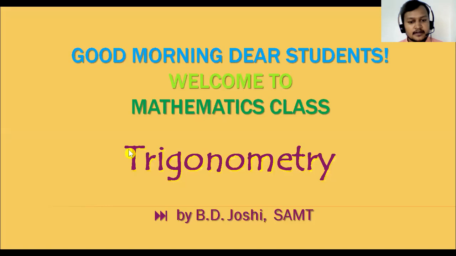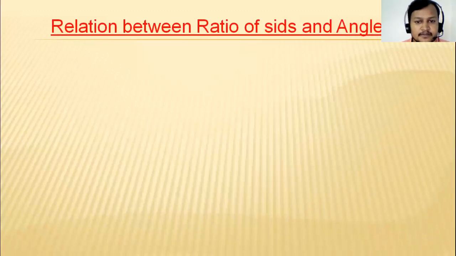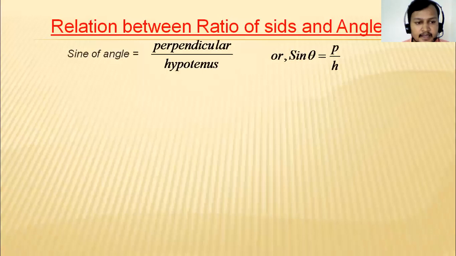And for those all, as we read and remembered the formula related to trigonometric ratios, here also we have to use the same formula, not different ones. So let's repeat those at first. I included here the relation between ratios and sides and angles of a triangle. Sine of angle or sine theta is equal to P by S, you know it.